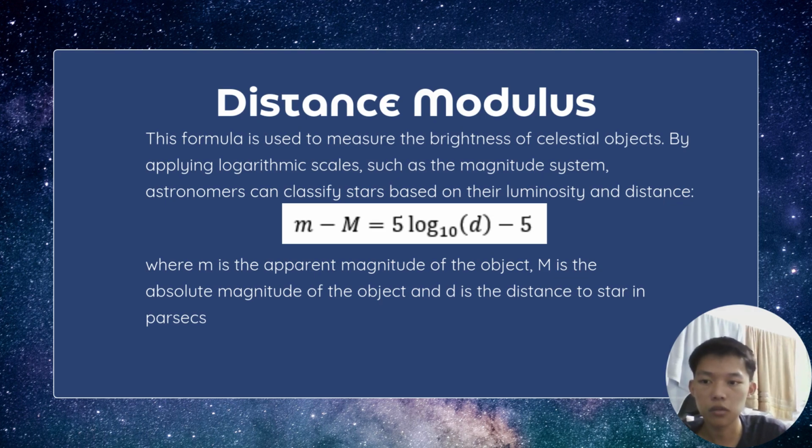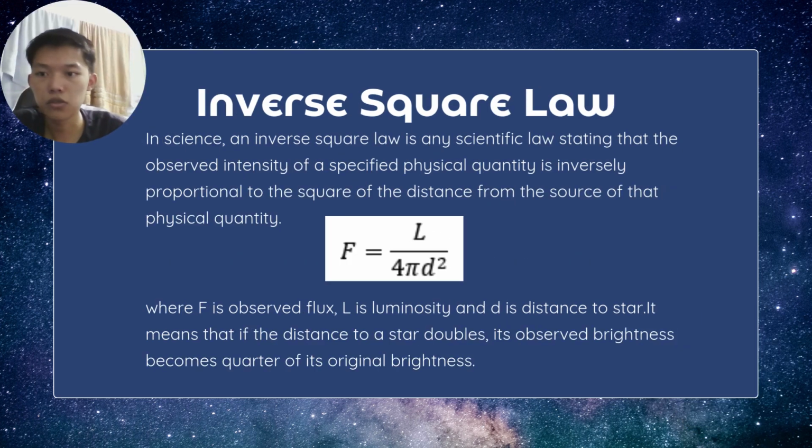This equation helps astronomers to classify stars based on their luminosity and distance, allowing for a better understanding of stellar properties and the structure of galaxies. The inverse square law states that the observed intensity of a physical quantity decreases proportionally to the square of the distance from its source. In astronomy, this law applies to the measurement of a star's brightness, given by the formula